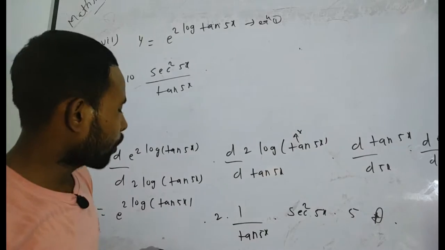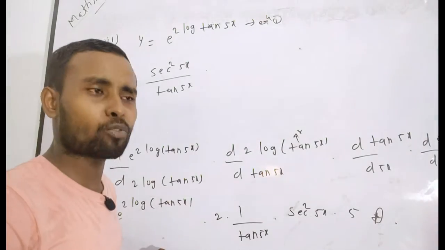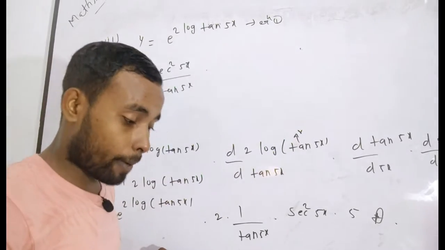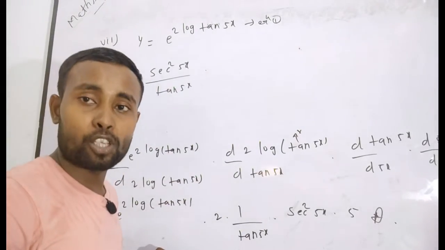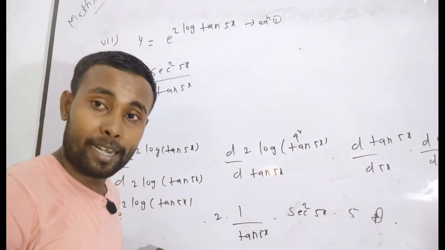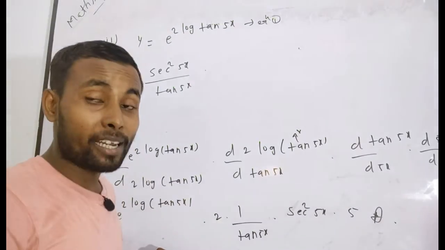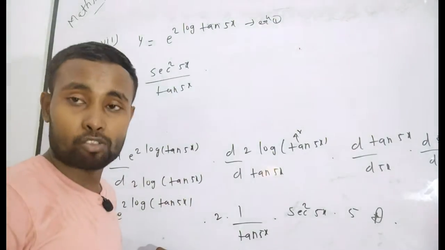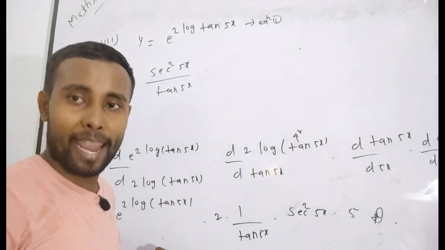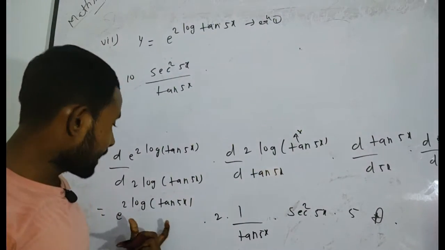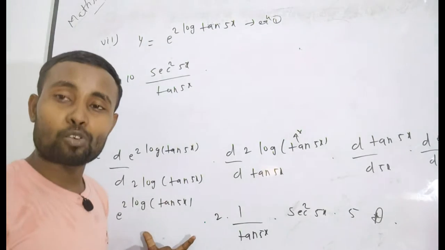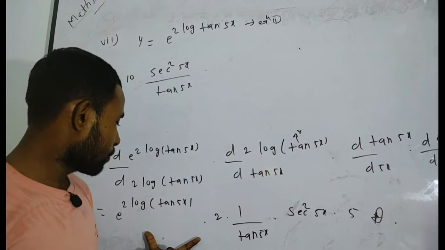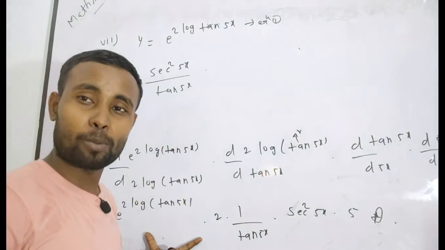Because when you solve this problem sometime in your next class or after two or three classes, I will discuss what to do when you face a problem in which the function is given as variable to the power variable. In that case, you will utilize this method to solve these kinds of problems in a simple manner. See here, you can solve this problem so easily. Now you will ask how you can solve this problem so easily.